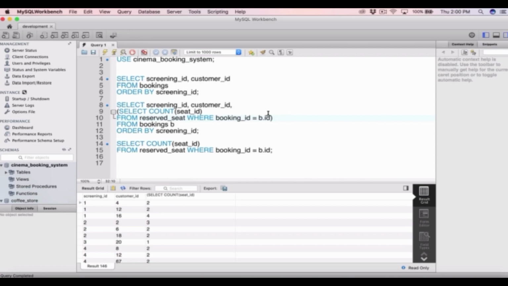Okay, so that's it for correlated subqueries. Hopefully you can see the difference between non